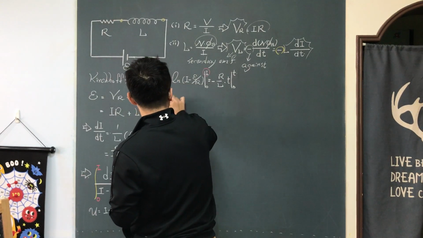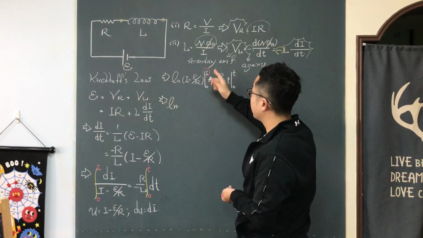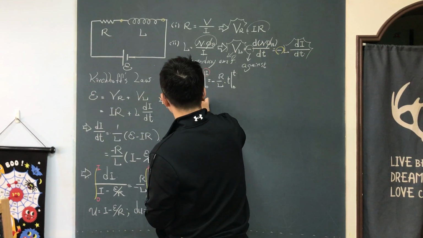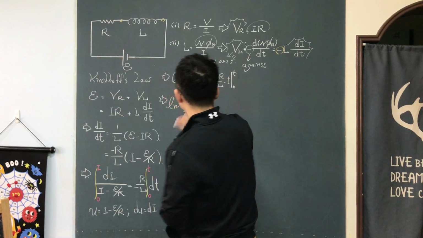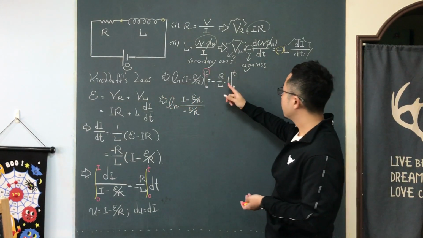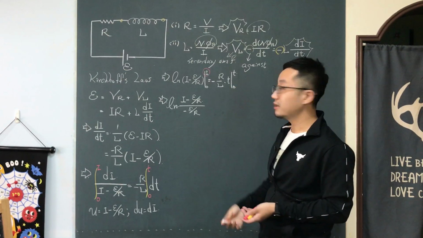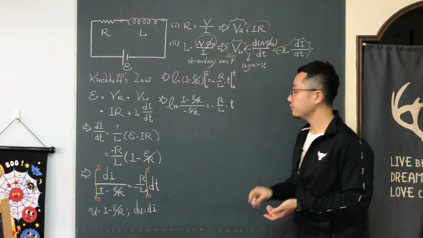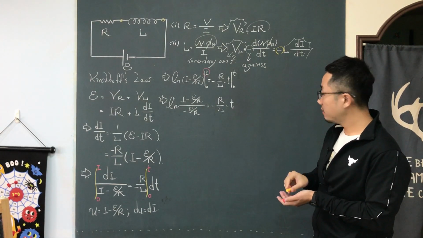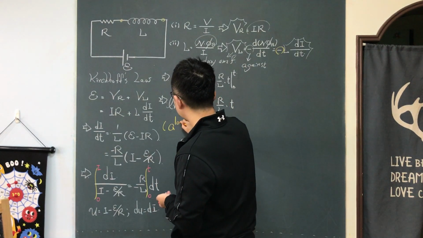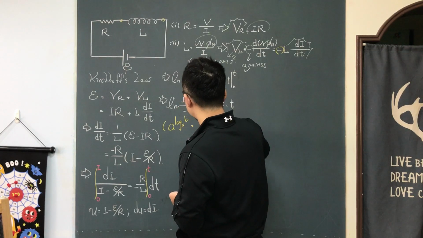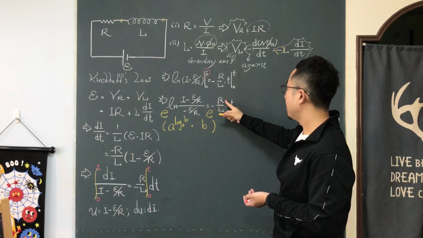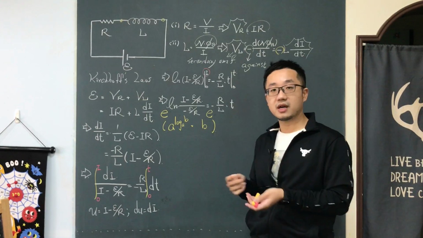So let's keep going. This term is going to be natural log. You plug in I for I, you plug in 0 for I, and it turns out to be I minus E over R divided by minus E over R. On the right hand side, plug in 0 for t, that is 0, so we can ignore that. So the right hand side is equal to minus R divided by L times t. Here's the thing. Let me remind you, a to the log a b is equal to b. So e to the natural log of all this term is equal to e to the minus R times t divided by L. So we can keep simplifying this,